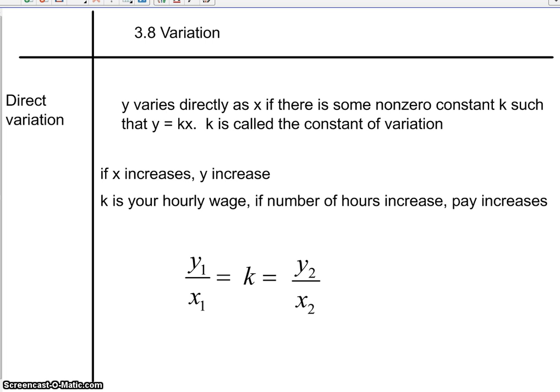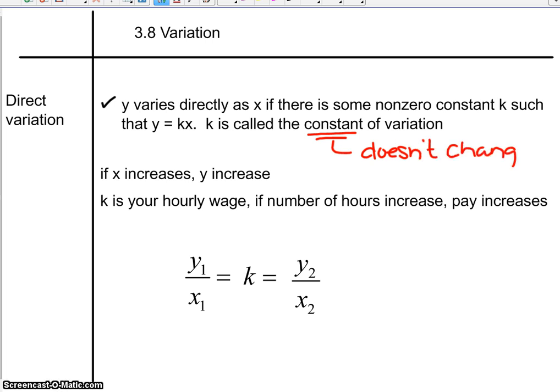So the first type is direct variation. It says that when y varies directly as x, there's some non-zero constant k such that y is going to be equal to k times x. k is called your constant of variation. The constant does not change. It stays constant, never changes